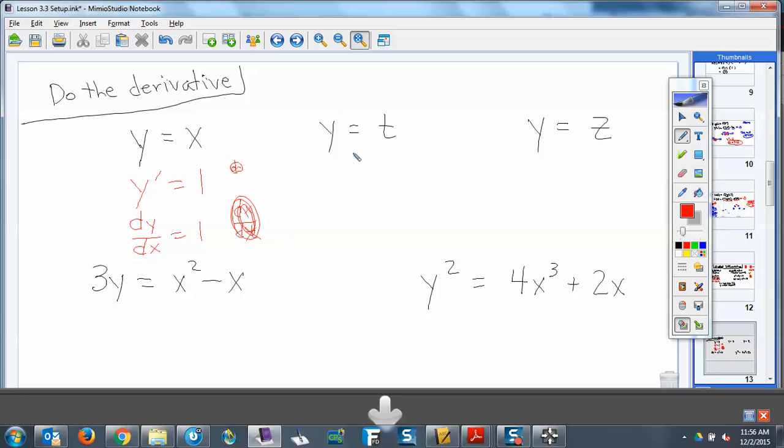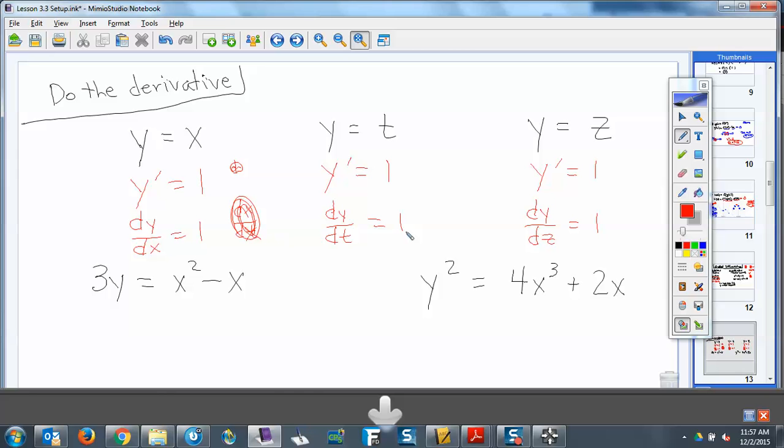So what would you be doing here if I said do the derivative? You'd assume it's with respect to t. This would be the derivative with respect to t, and the answer would be still 1. But there we were doing dy over dt, right? We're doing the derivative of y with respect to t. So again, it's still y prime equals 1. What about this one? Same thing. This would be y prime equals 1, but there we would be doing dy dz, right? Equals 1. So again, what is your input and what is your output variable are really key elements